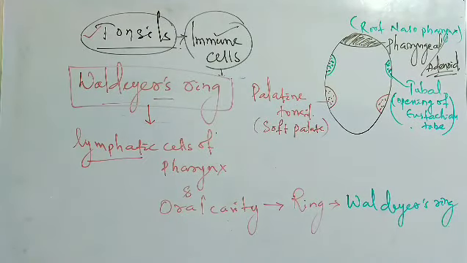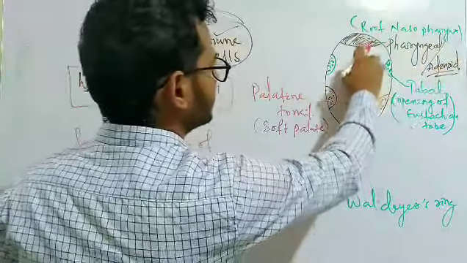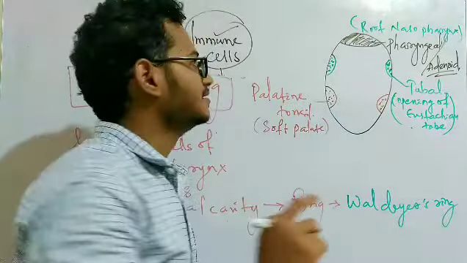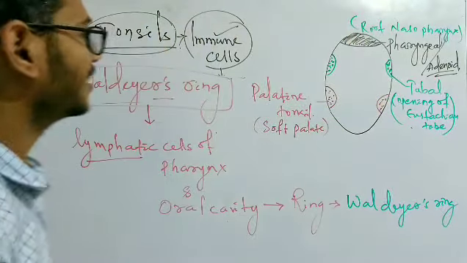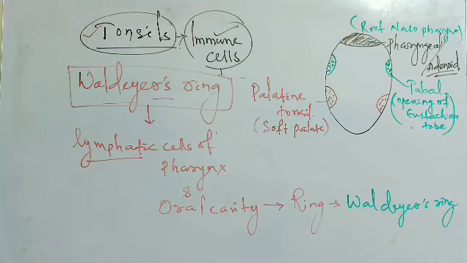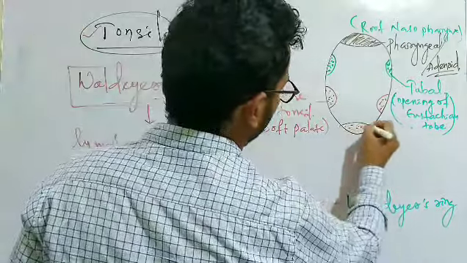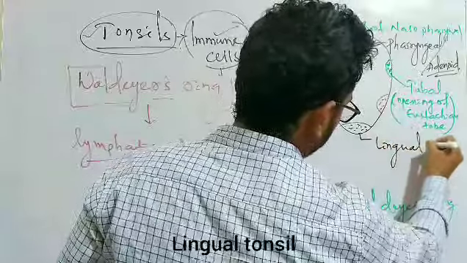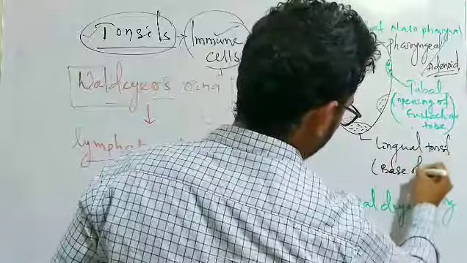Okay, so anteriorly it is the pharyngeal tonsil. When enlarged, it is called adenoid tonsil. It is present at the roof of nasopharynx and it is present in a single number. So it is one. These are present in pairs. So the tubal and palatine tonsils are present in pair. The posterior most tonsil is known as the lingual tonsil. Here it is the lingual tonsil, and it is present at the base of the tongue.